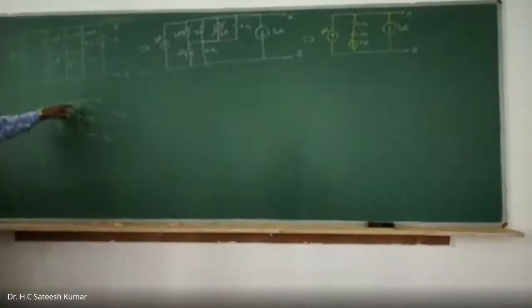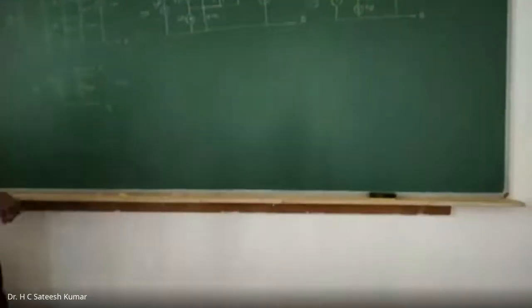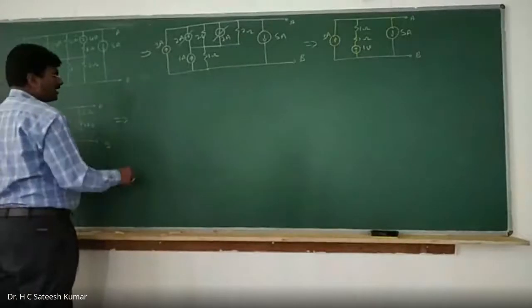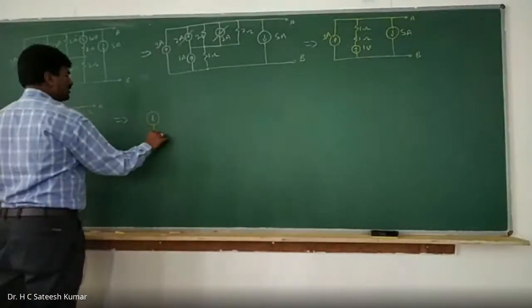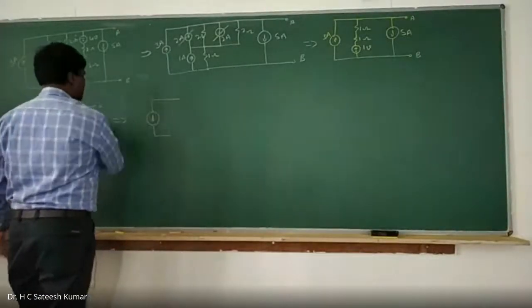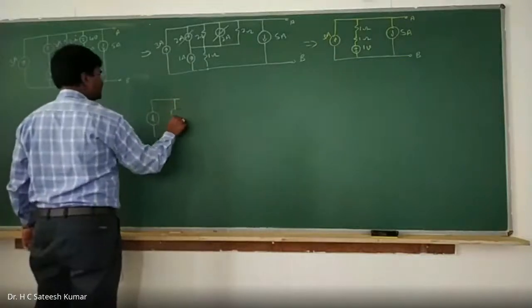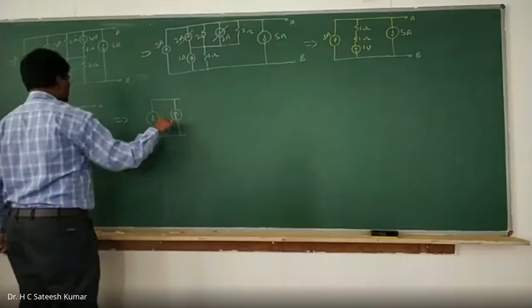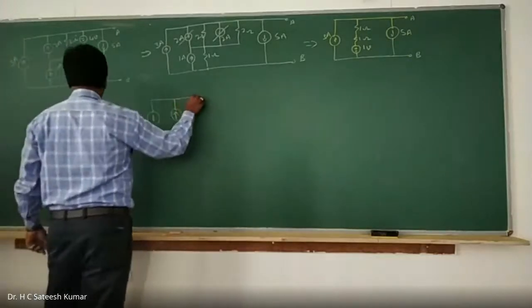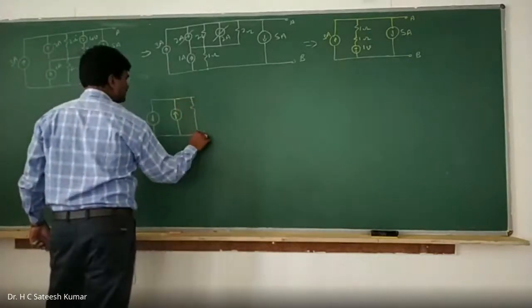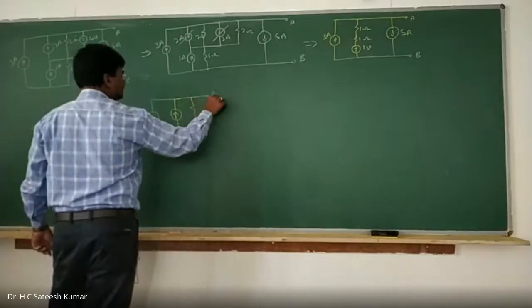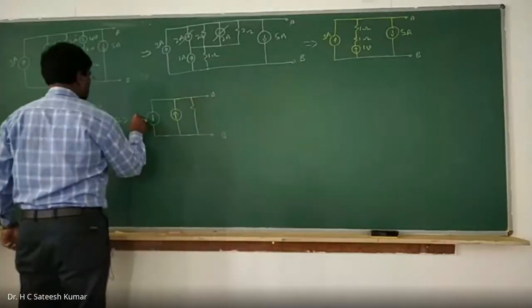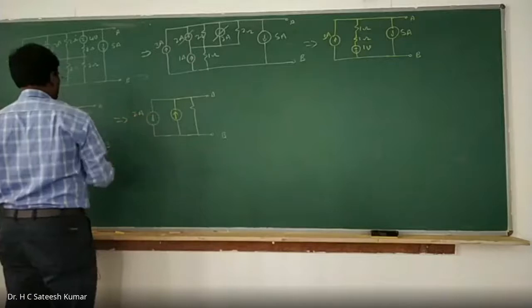A voltage source in series with the resistance can be converted into a current source because these two are parallel. Therefore, you retain this current source as it is, and convert the voltage source into a current source. The plus sign is at the top, therefore we write upwards, and the resistance you write as it is. This is A, this is B, and this is 2 amps, and V is equal to